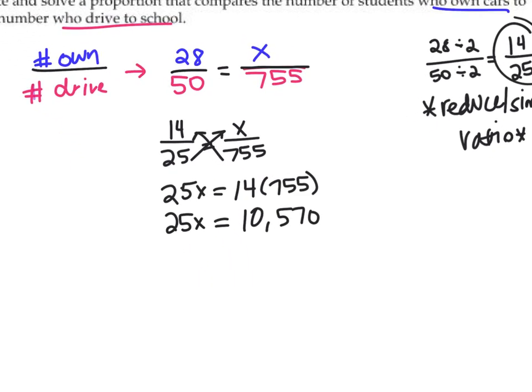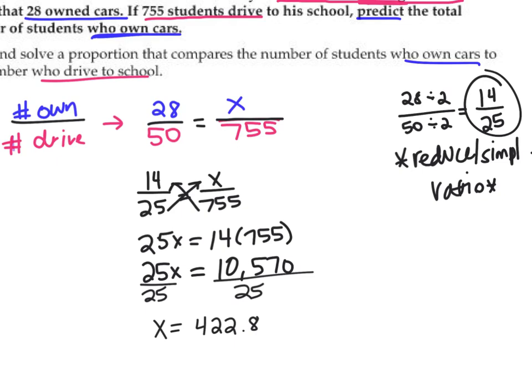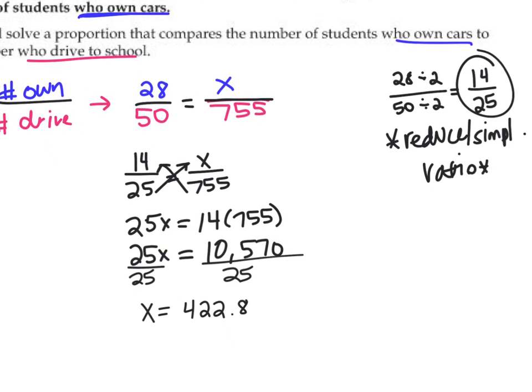And then because we're solving for x, we need to divide by 25 on both sides. That is going to be a total of 422.8. Realistically, you're not going to have 0.8 of a person owning a car. So we can say that roughly or approximately 423 students would own cars